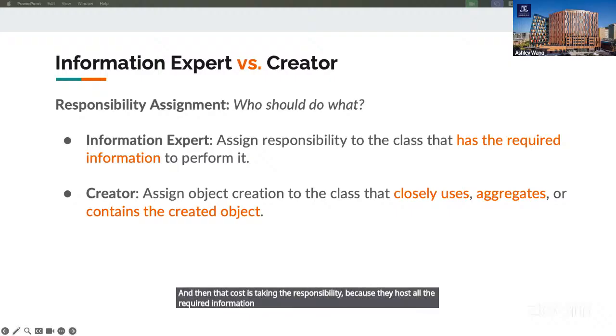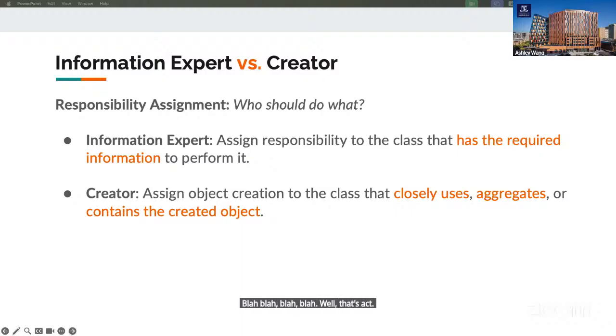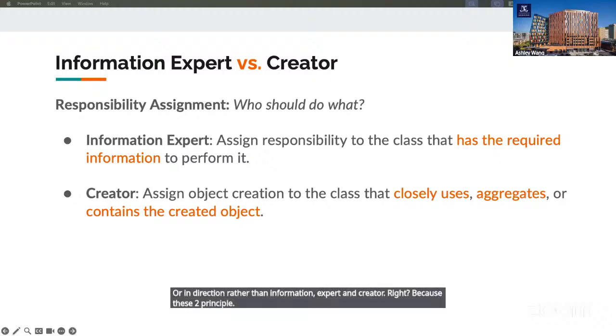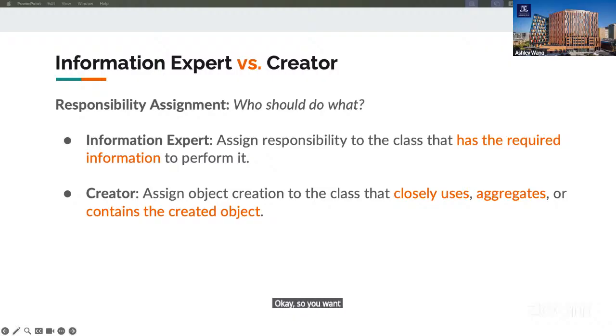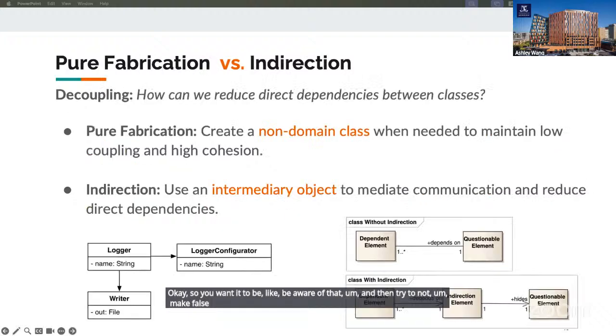Well, that's actually considered pure fabrication or indirection rather than information expert and creator, right? Because these 2 principles do not require you to create another class. So you want to be aware of that, and try not to make false claims.